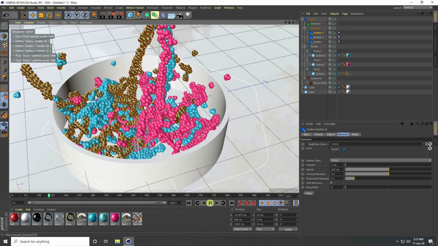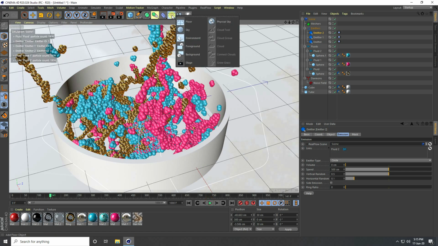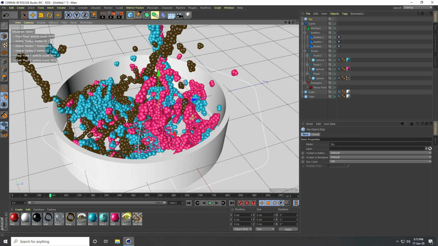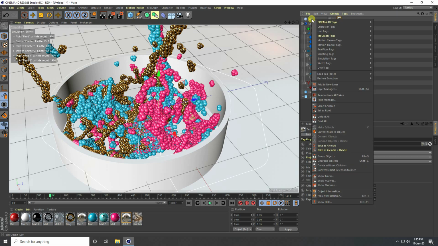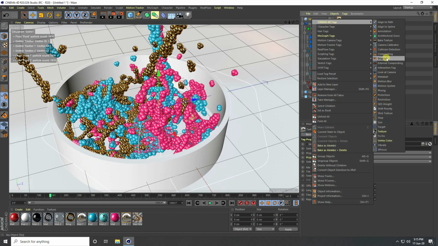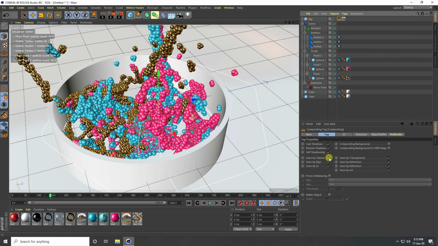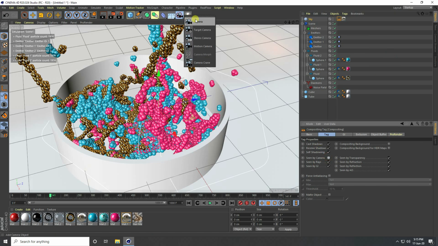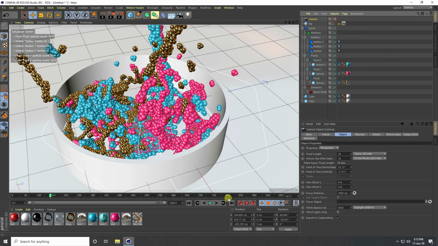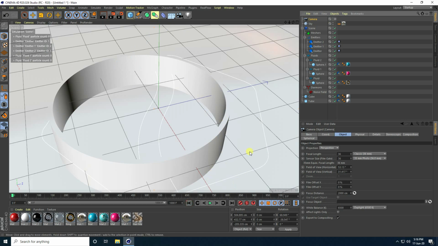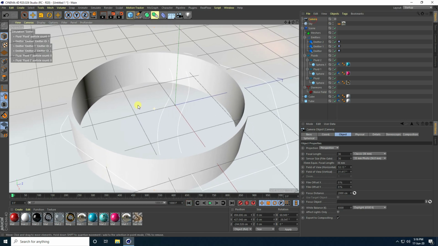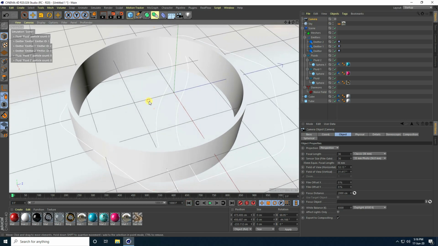Okay, so guys, now I apply light. So simple, I take sky and apply sky material. And right click, go to compositing tag, and scene by camera uncheck and take camera. So camera check, and guys, select this camera and my camera angle like this on 0 frame.